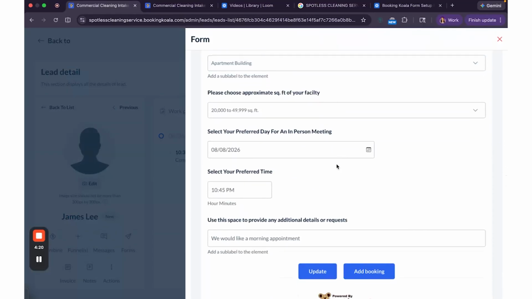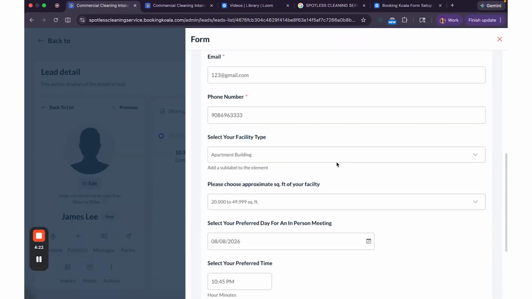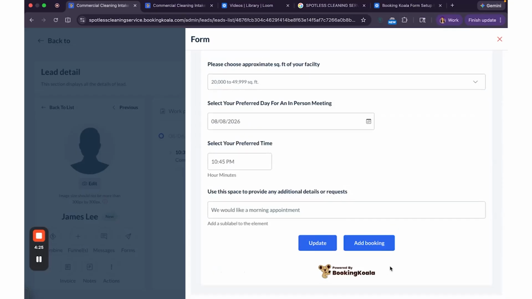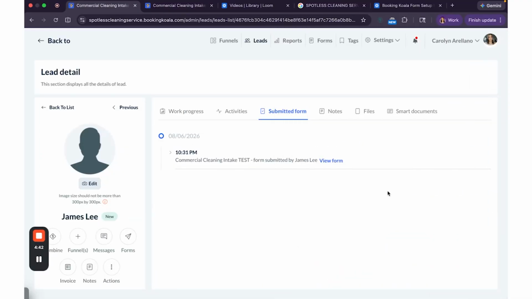This is when I would call the client, confirm all the details, and create the appointment by adding a booking. So just click this button and create the booking to put on your schedule. That way you now have the booking scheduled on your calendar. And that's pretty much how we use the lead form to capture information and book our free